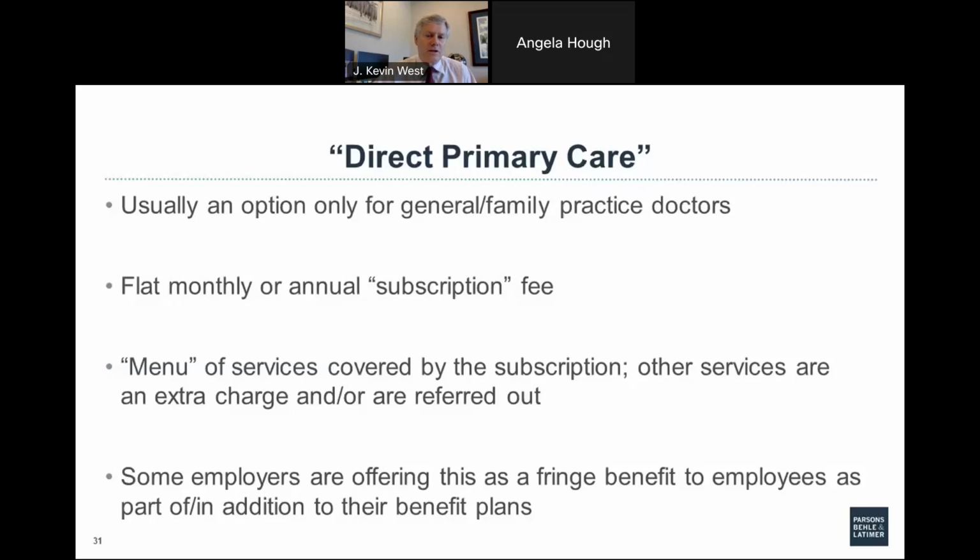They pay a subscription fee to be a member of the practice, and with that subscription, the patient is entitled to see the doctor for the services typically listed on a menu of sorts from the doctor's